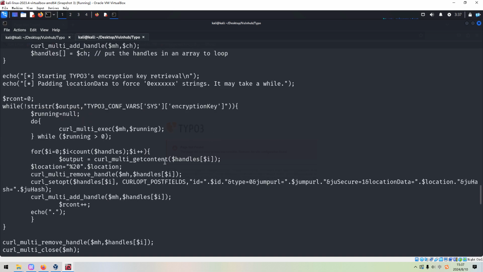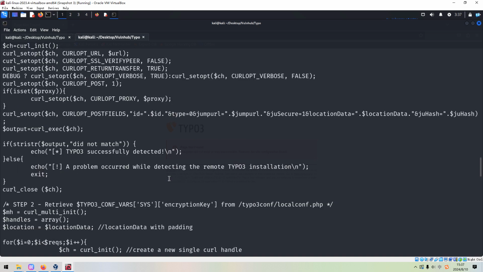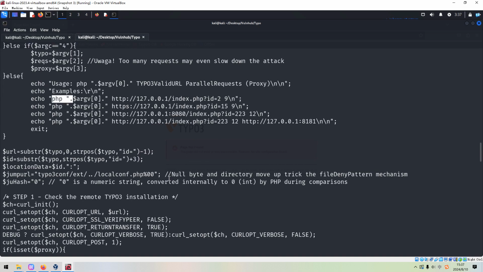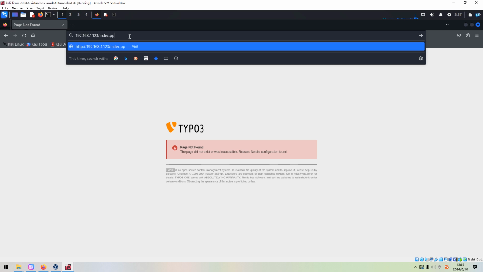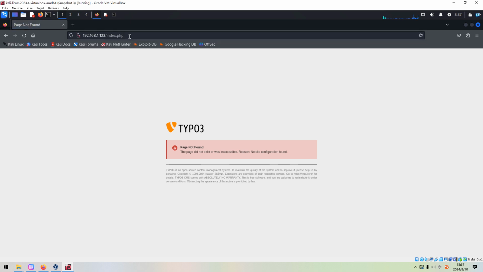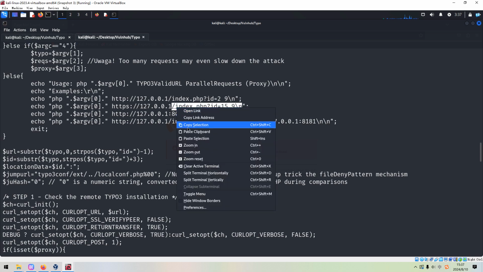What you can see over here. Index. We got the same error. Maybe we just copy it, right?